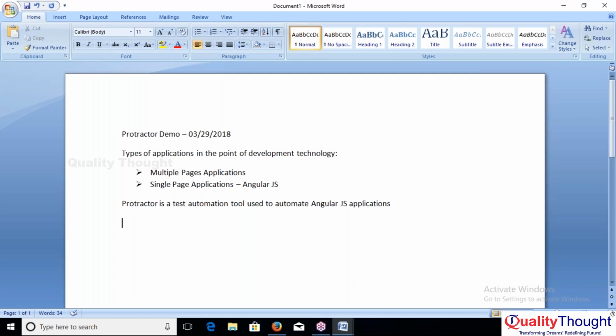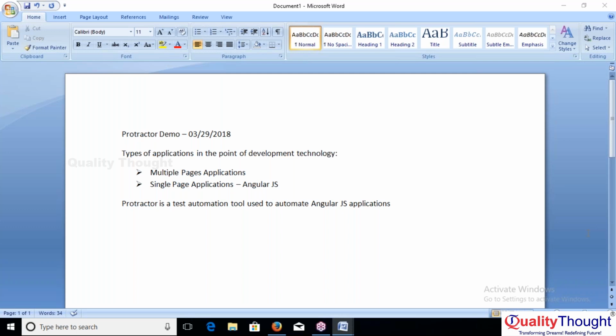By using Selenium WebDriver, we can't automate AngularJS applications. Why do we say that? Selenium WebDriver always tries to deal with the browser and the browser interactions and browser actions. In that case, if there are any alert messages in a web page, that is a part of that browser. Due to that reason, if we want to automate that particular alert message,